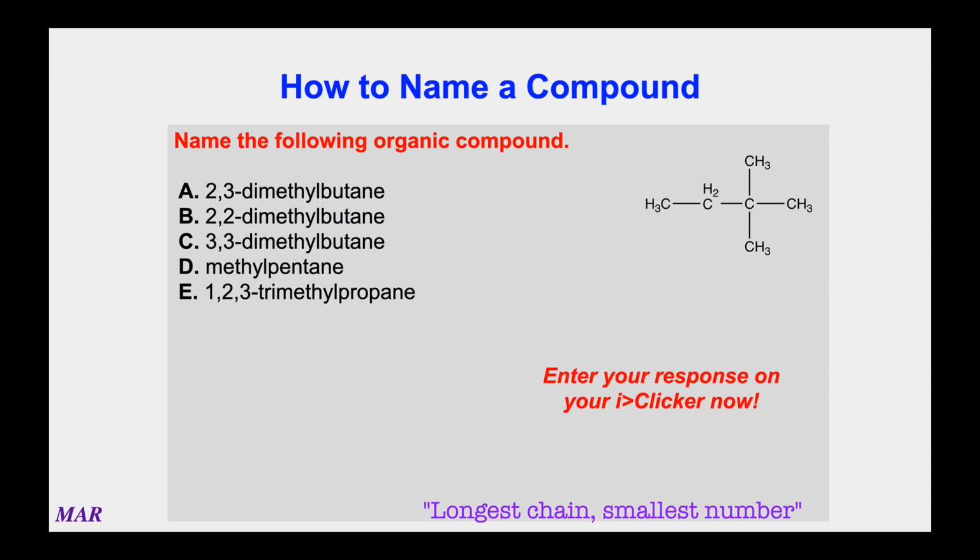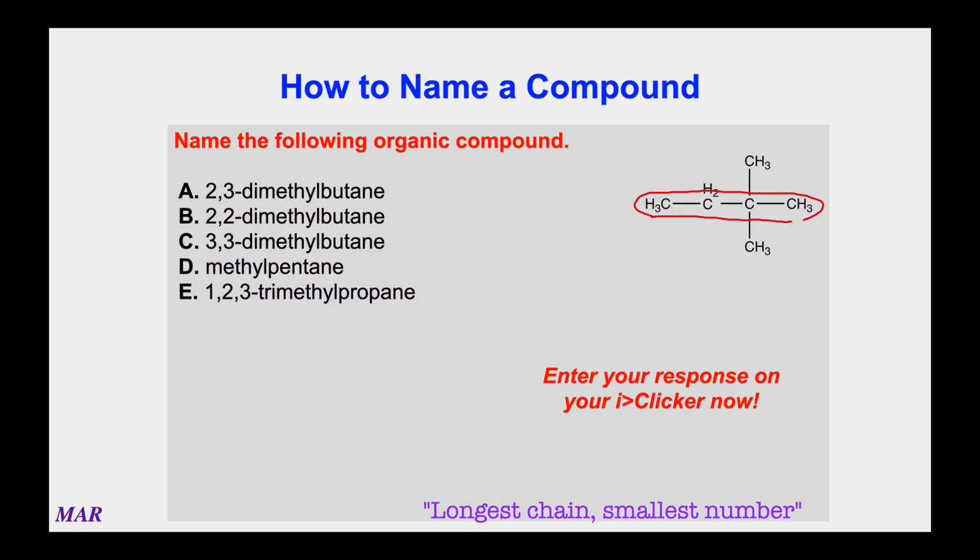And I mean, you can play with this, and I encourage you to circle things and stuff like that. But let's say you were starting out and you're like, oh yeah, no problem. This is the longest chain, 3 carbons. It's some kind of propane. Well, no, because that's not the longest chain. If you look, you can get a longer group of carbon atoms by circling these 4.